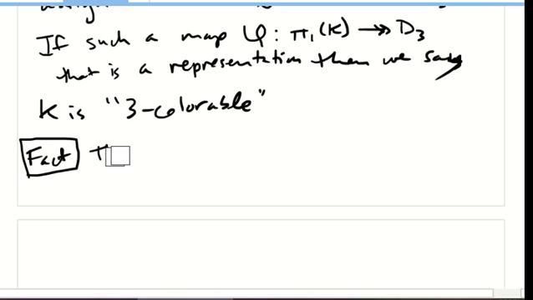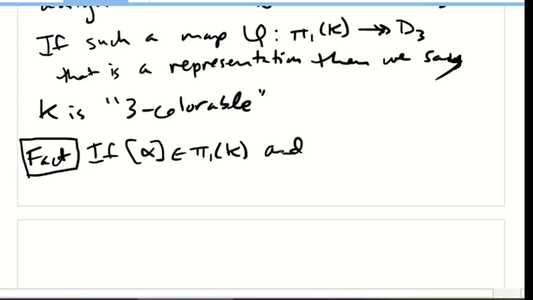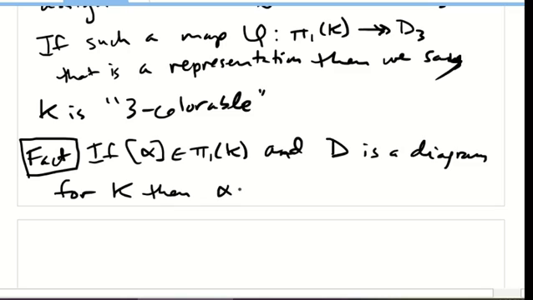Every element in the fundamental group, and D is a diagram for K. Then alpha is of the form, well, it's of the form equals some